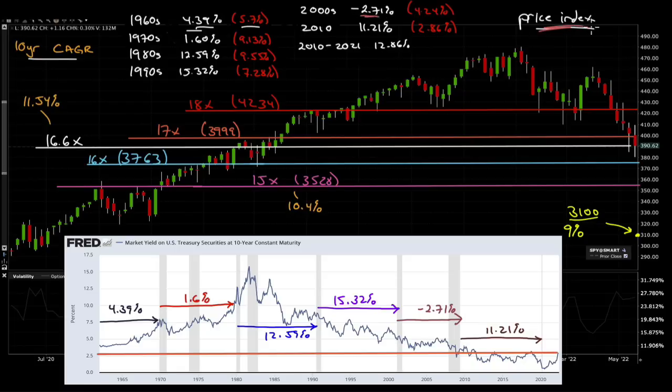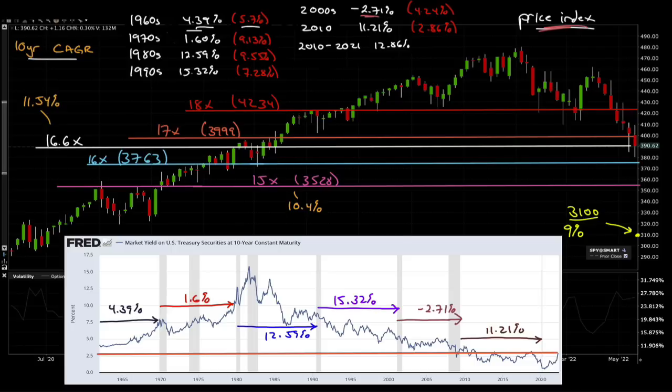On the price index only, you have to add about a 1.5 to 2% dividend yield per year over 2 years, plus the reinvestment of those dividends on a total return basis. It was not, contrary to what many people call it, a lost decade for investors. It was not a lost decade. You have to look at it in terms of a total return index. This is just price return. So all of these returns are basically understated.